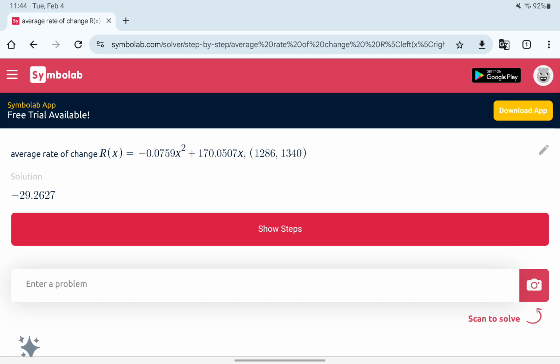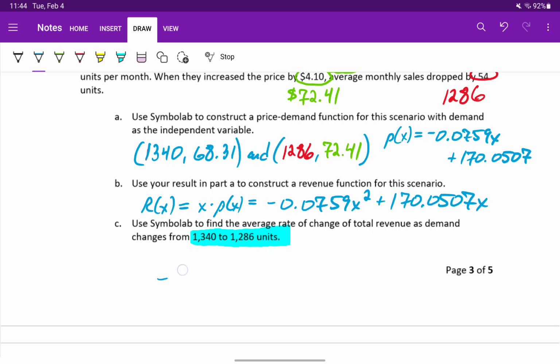And what we get, since this is dealing with money again, is negative $29.26 per unit. But that was the value that we input going from a production level of 1,286 units to 1,340 units. In the context of the problem, we're actually moving in the opposite direction. We're actually decreasing our production level. So we have to sort of know intuitively to flip this and make that a positive $29.26 per unit. So our average rate of change in this case would be a positive $29.26 per unit, which we have to infer in the sense that we're